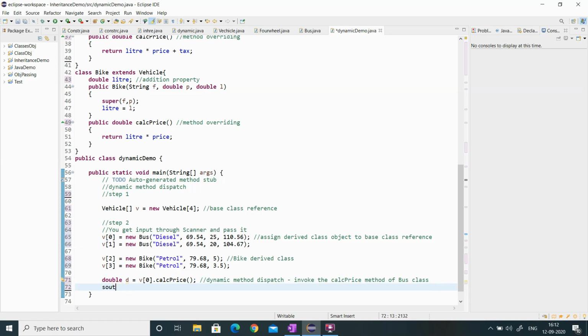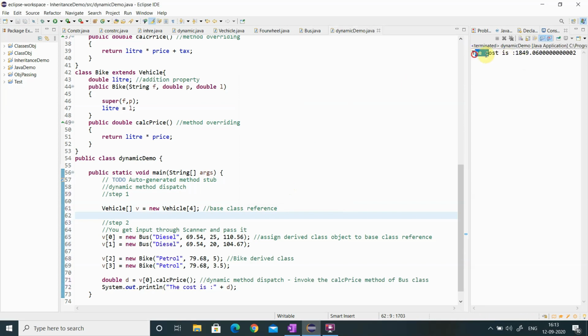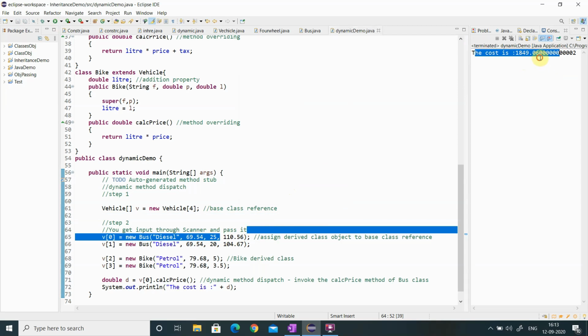So if I want to print it, I will print the cost is d. I am taking only the first bus class which is assigned to your base class reference v0. So now we'll run the program. Okay, we are getting the cost. Here you calculate 69.54 into 25 plus this logic is implemented, so you got the value.